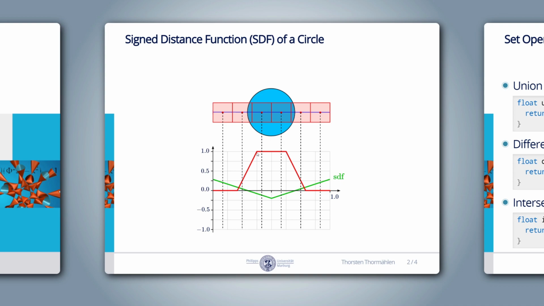The fwidth function approximates the sum of the absolute derivatives in x and y by taking the difference between the current pixel and the neighboring pixel value for the given argument. If we use the SDF as an argument, it can give us the slope of the SDF in the unit pixels. If we divide the SDF by this value, the resulting yellow function has a slope of 1 unit per pixel. Perfect, now we multiply by -1 to flip the function upside down.